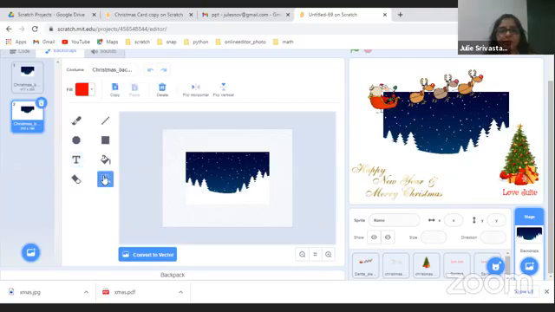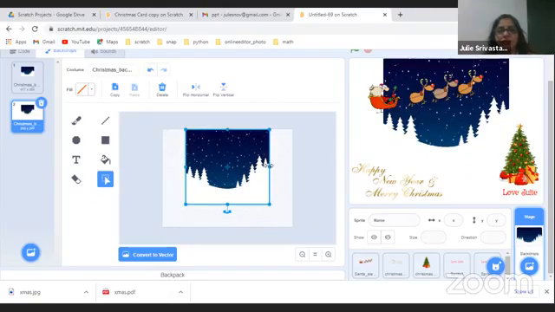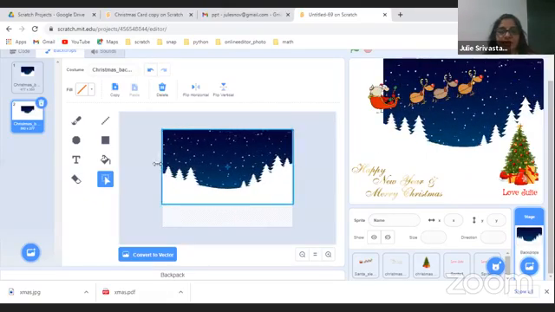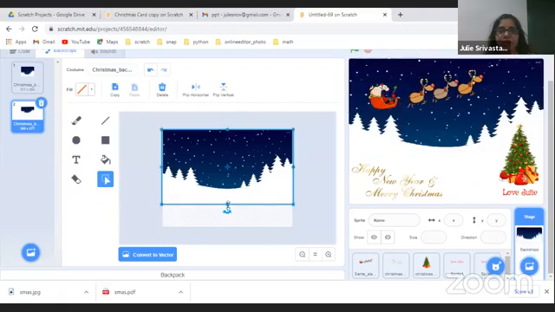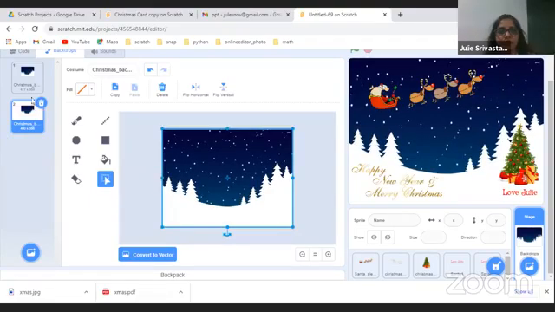You go to the select tool. The select tool is like a cursor. You select, and this is how you scale. For whoever has missed out on how to scale the image, this is how you scale it. You go to the center dots and you just pull them using your mouse. Okay.